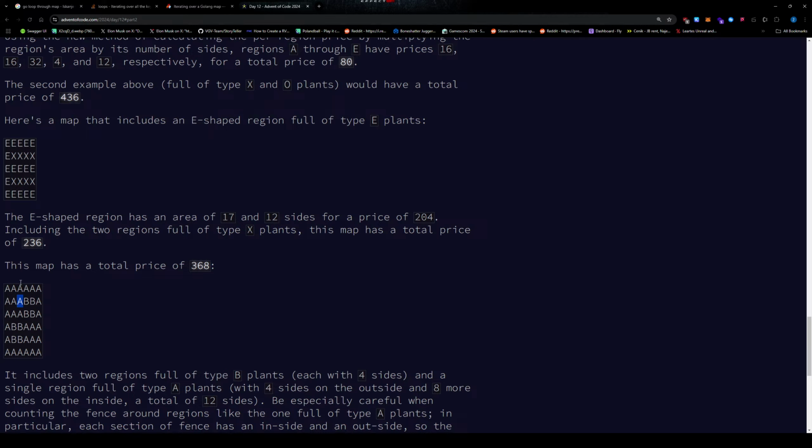So it either has two empty adjacent spaces, or alternatively it has, so this as well, or alternatively it has